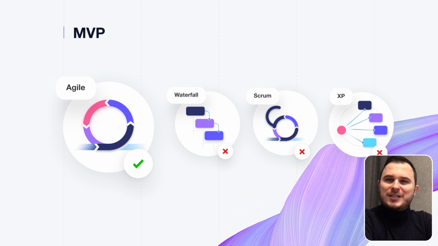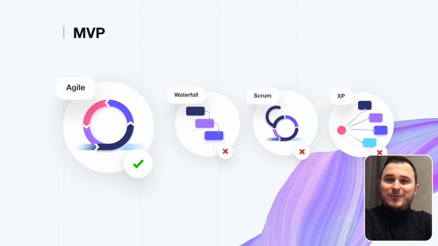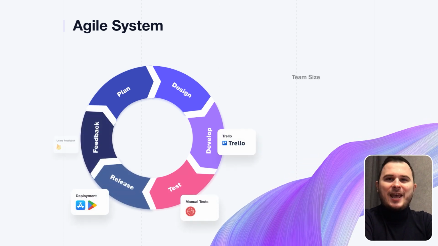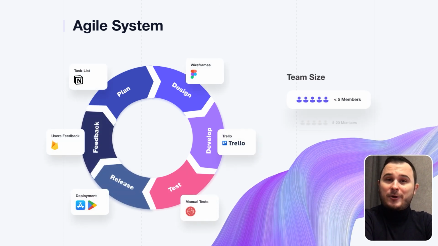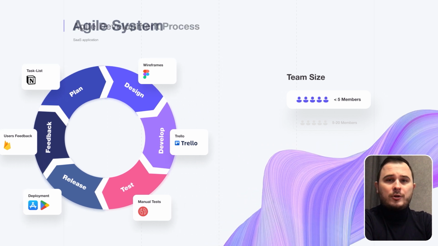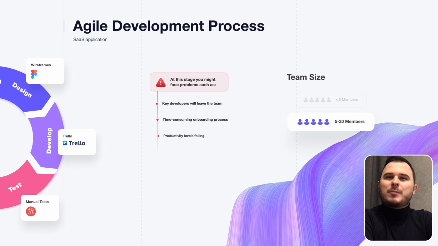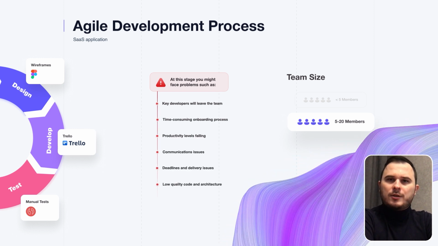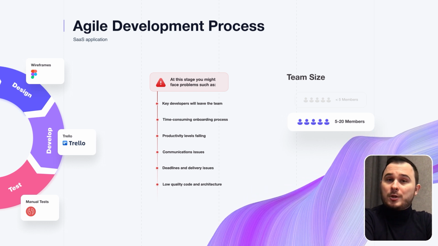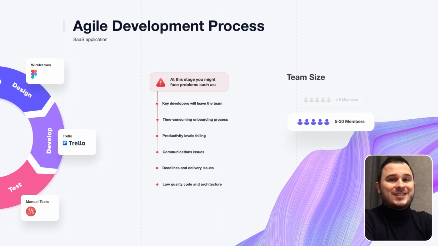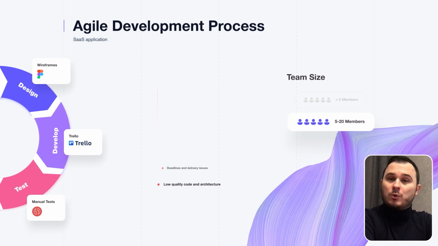However, did you know that in some situations it can actually slow down your project by up to 30%? Picture this. You have a team of 5 developers who understand their roles, communicate effectively, and have made significant progress in coding the product. They could use simple tools like Trello, Notion, Asana, Google Docs, and quick Zoom meetings. However, as your team expands to 15 or more people, you may face some challenges such as losing your key developers, complex and time-consuming onboarding processes, reduced team productivity, communication issues, missed deadlines, and a decline in code quality and